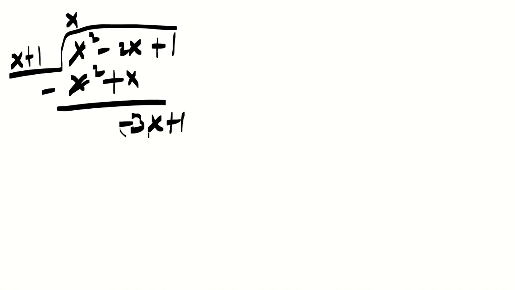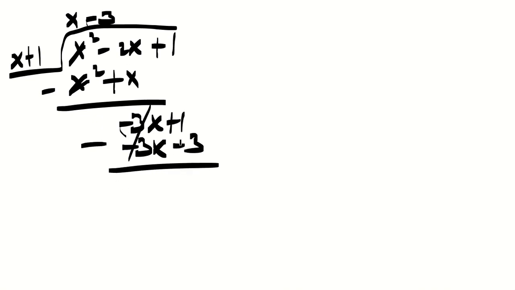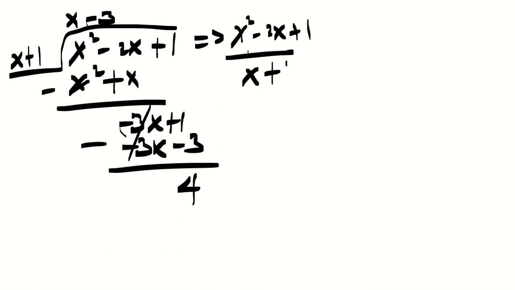Again, the division continues because the degree is the same. Negative 3 times x is negative 3x, and negative 3 times 1 is negative 3. Then subtract; the 3x cancels out, and 1 minus negative 3 will be plus, so it will be 4. So we can write the given expression, x squared minus 2x plus 1 over x plus 1, as the quotient x minus 3 plus the remainder 4 over the divisor,